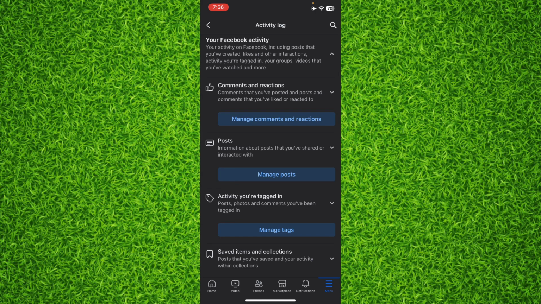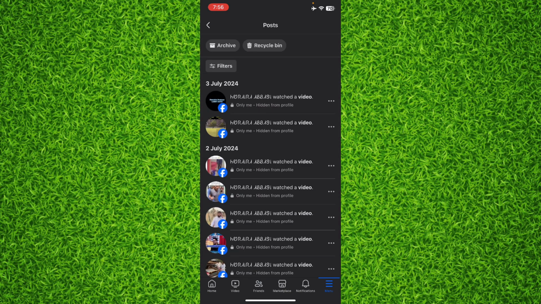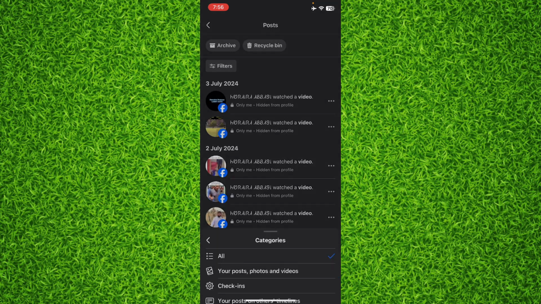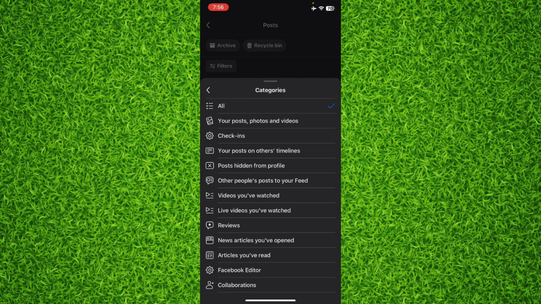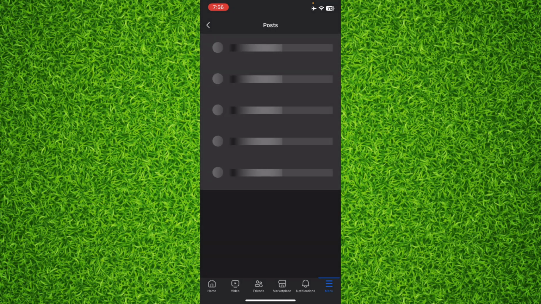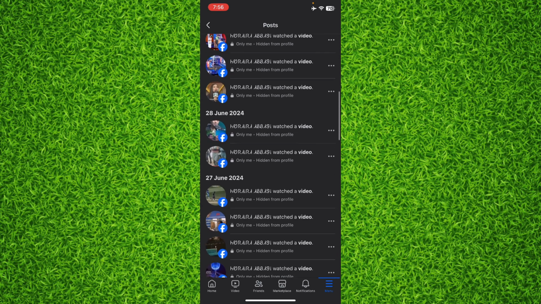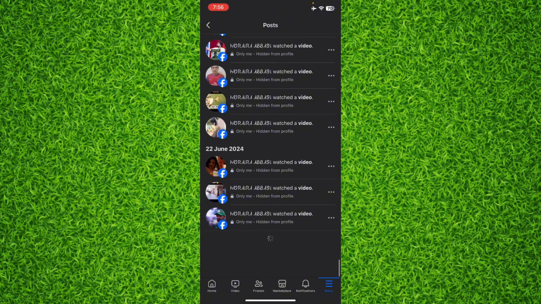tap on manage posts. Now once you're on this page, you'll have to tap on filters on the top left corner, and after that you have to tap on categories and then tap on videos that you have watched on this page. Now you'll be able to find every single video that you watched on Facebook with the date when